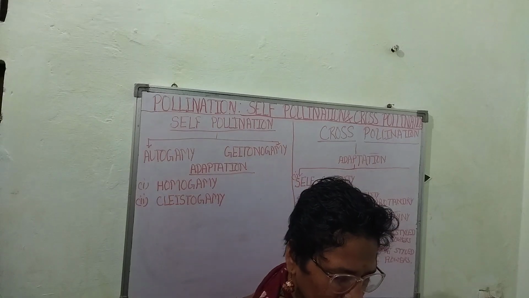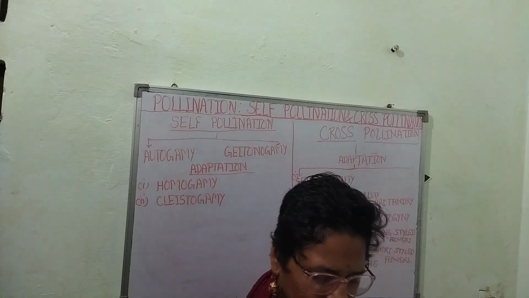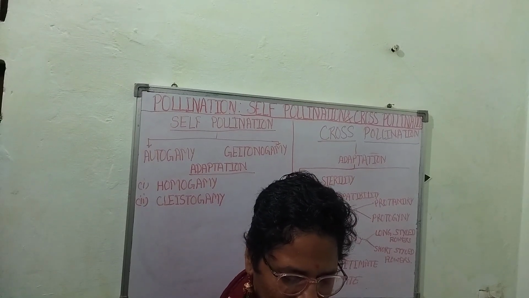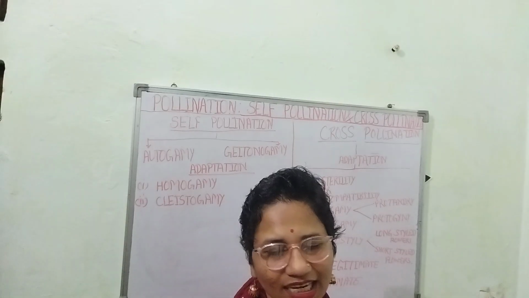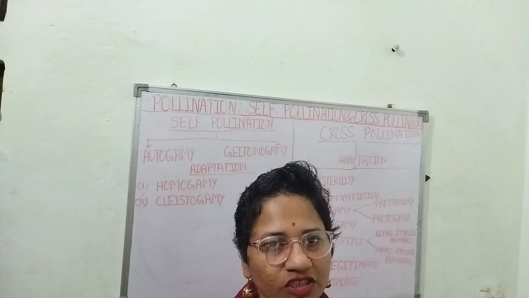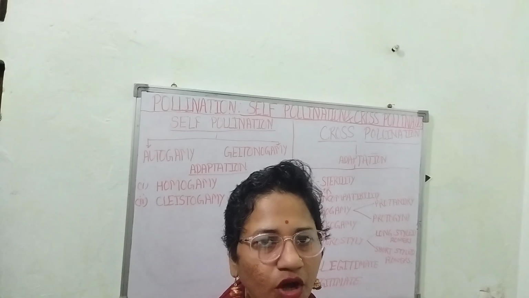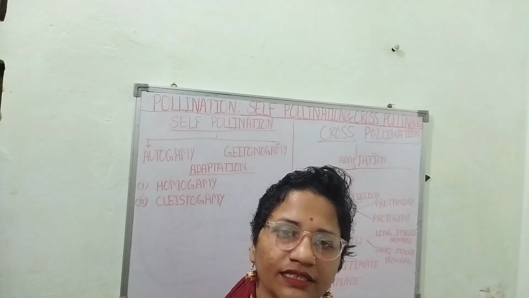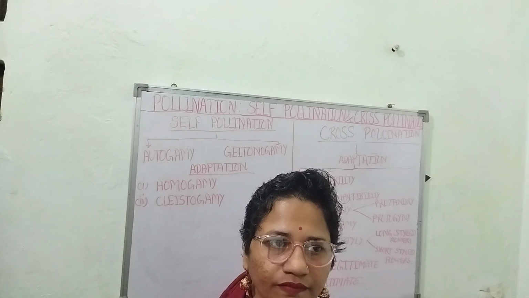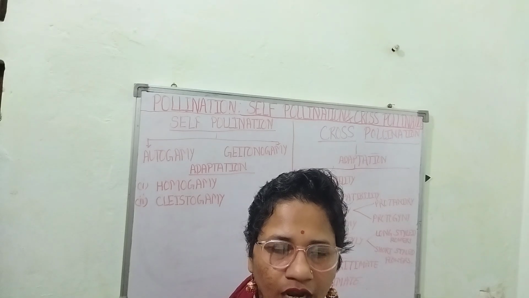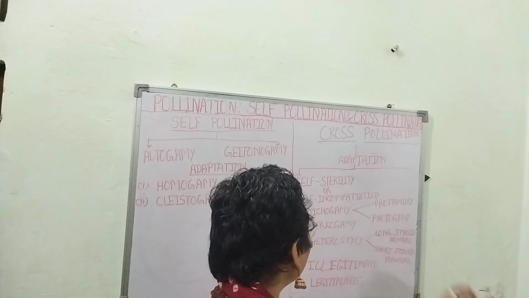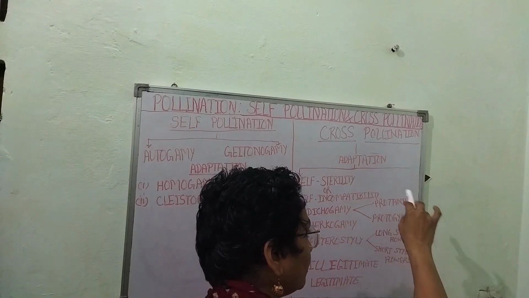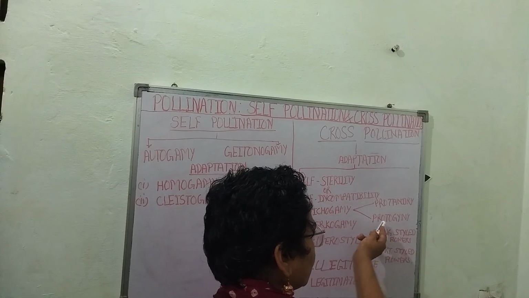And the second adaptation, the second contrivance, is dichogamy. डाइकोगेमी में हम कह सकते हैं कि जब एंथर राइप होता है तब स्टिग्मा राइप नहीं होती है. जब स्टिग्मा मैच्योर रिसेप्टिव होती है तब पॉलन ग्रेन्स शेड नहीं होते हैं. तो इसमें at first anthers are ripe and stigma is not receptive, so we can say this condition is protandry. And the opposite condition of protandry is protogyny.